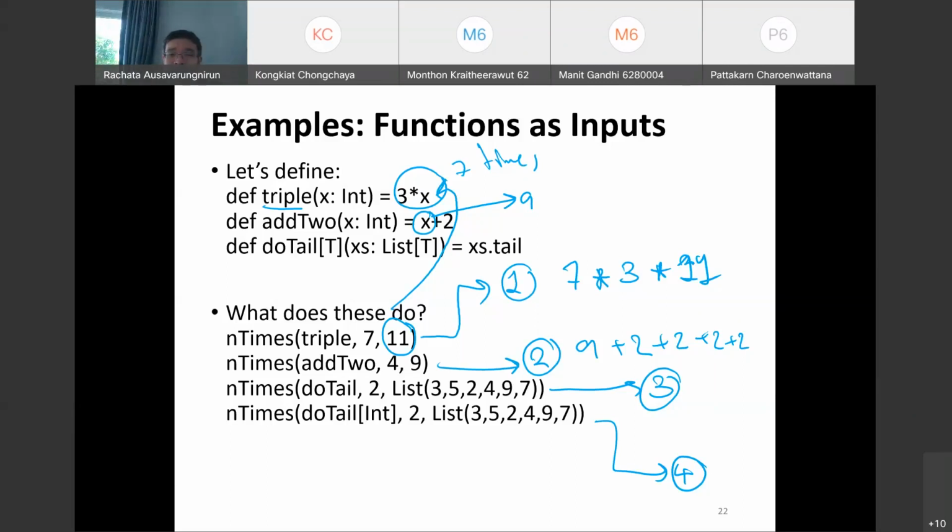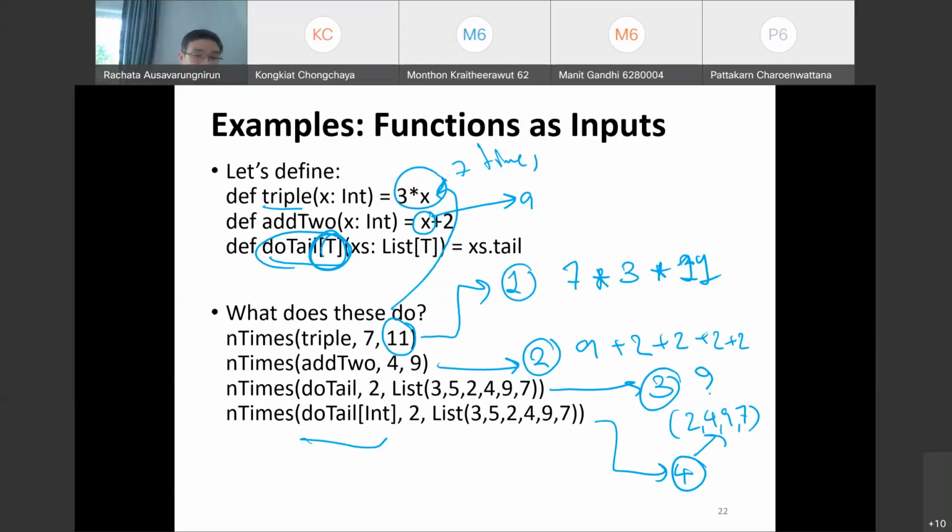The third one actually is kind of like a trick question, because detail demands you specify what the heck T is, right? You need to go with this, but basically, if you go with that particular detail, you're correct. That is basically 2, 4, 9, 7. Right. The third one is